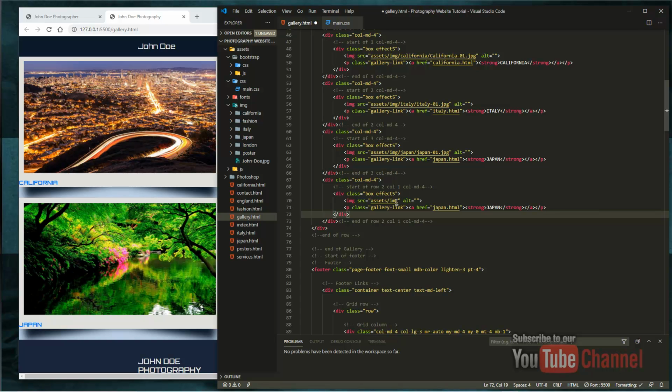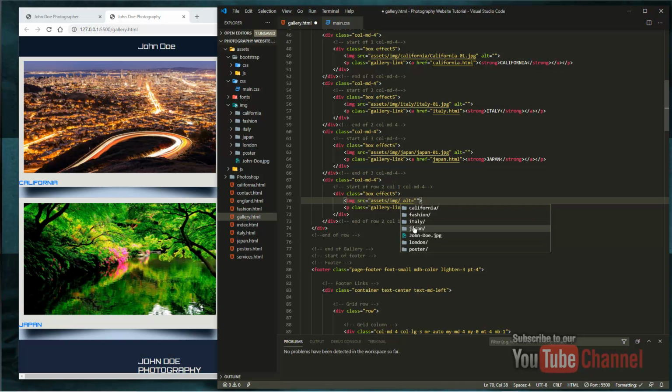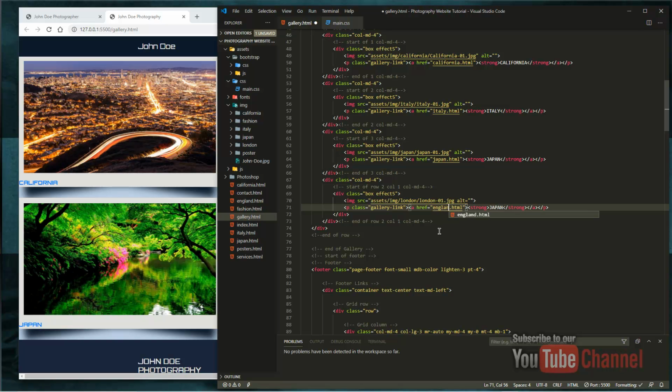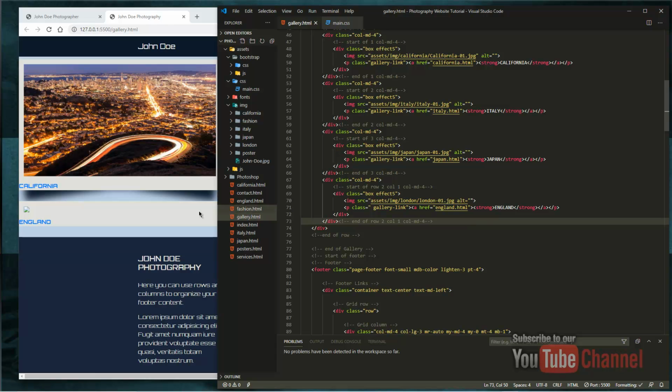Image, oops. Image Japan, no, we said England, exactly. So that was in London, and we're going to give this one also the first image. And we change the link here again from Japan to England, HTML, and we change here England, the link. So let's save it, and hey, oops,